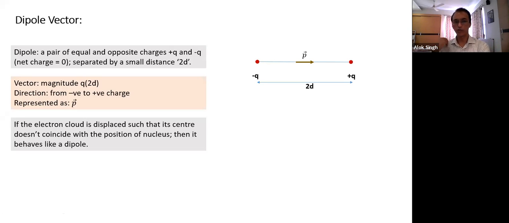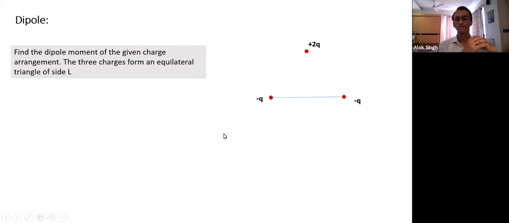Okay. And why dipole is important, we discussed earlier also. In nature, very often we come across dipoles because an atom as such is neutral. It does not create any field or display charge properties. But if the electron cloud gets shifted, if the position of the electron center does not coincide with the position of the nucleus, then it behaves like a dipole. That's the reason dipole is an important concept dealt with separately. And we'll see later in the next topic, we'll come across dipoles with directive property more.